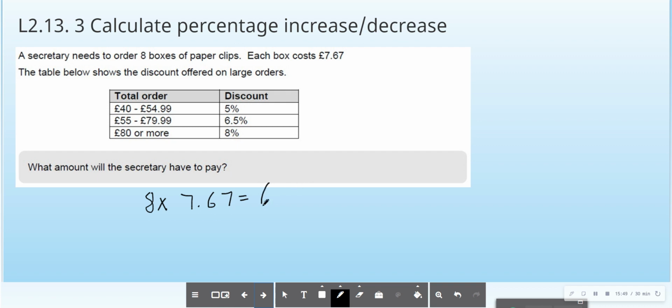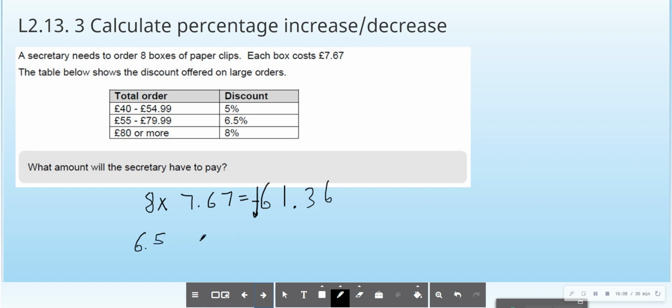Which is £61.36. And that falls into the 55 to 79.99 category. So she's going to get a 6.5% discount. So we need to work out 6.5% of this, which is going to be